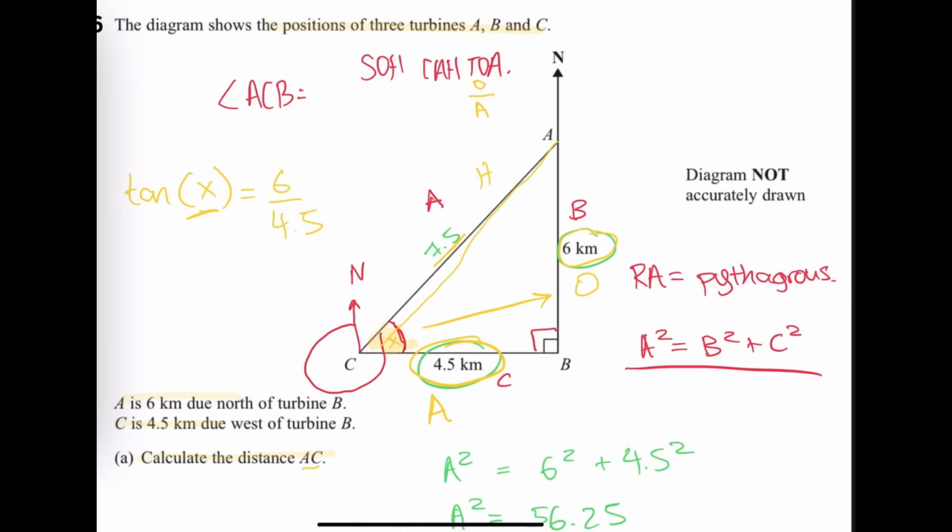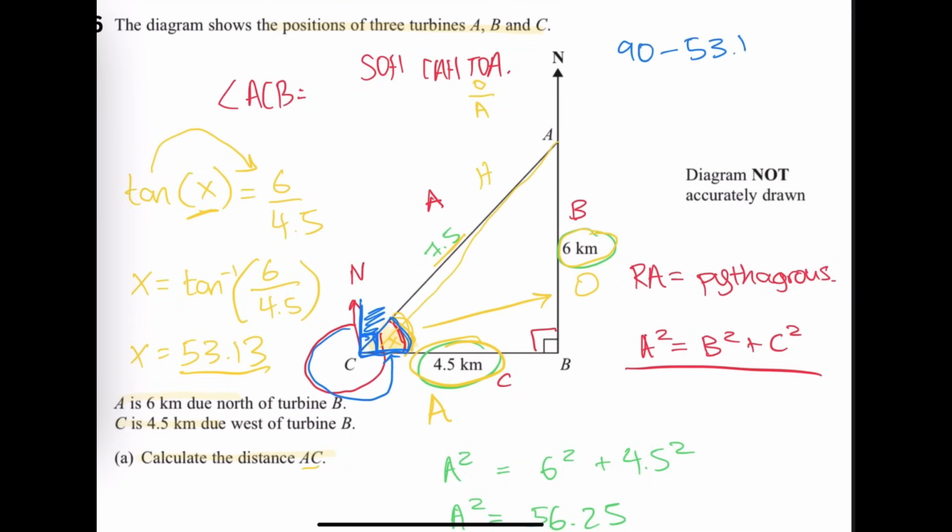Now, however, we do want X by itself. So what we do is we put tan to the other side. And we do this by just doing tan inverse, which is a function that you have on your calculator. And it'll be 6 divided by 4.5. We know that X is 53.13. So we know that this is a 90-degree angle. So because this is a 90-degree angle, we can just minus them from each other. So our answer will be